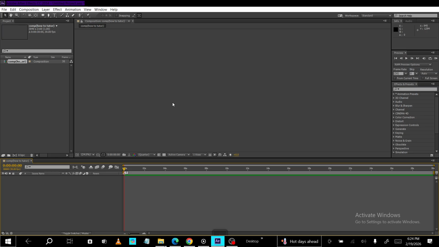At this point, scrub through your timeline and make sure everything still looks the way you expect. Check that important elements are not cut off at the edges and that any text or graphics remain clearly visible and properly positioned. If anything looks off, you can go back into composition settings and adjust again using the same steps. That's all you need to change the resolution of a composition in After Effects. Select your composition, open composition settings, adjust the width and height, and click OK to confirm. Once you're comfortable with this process,